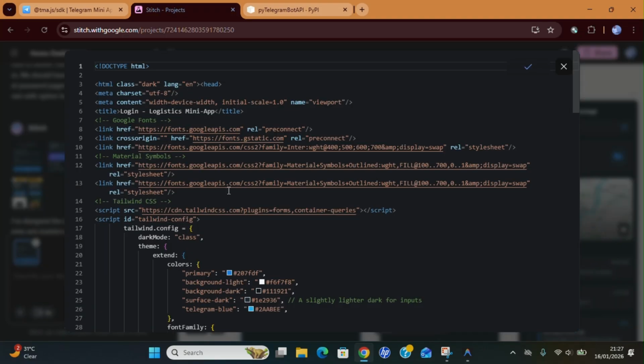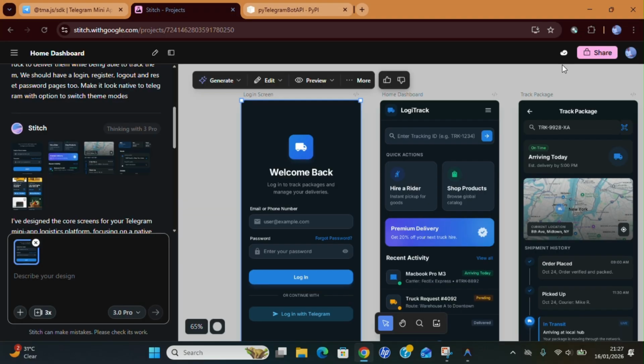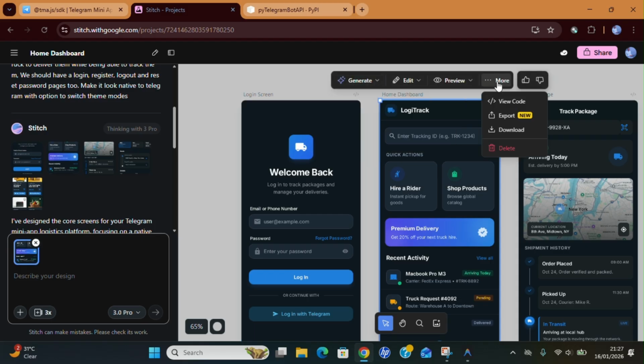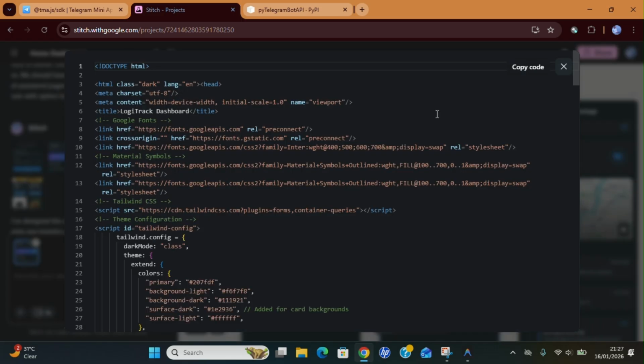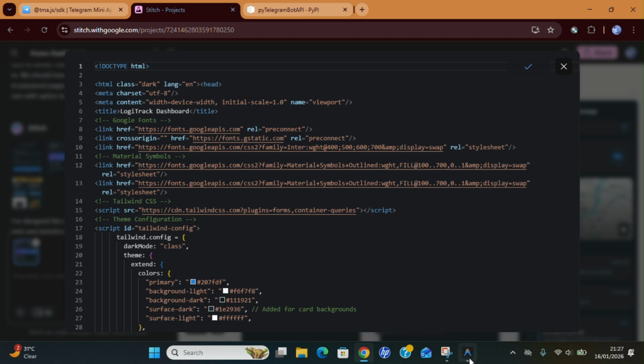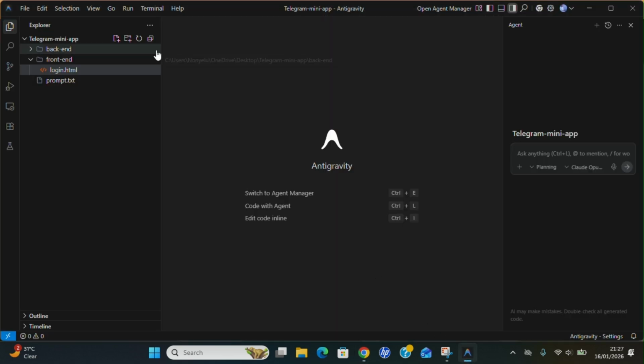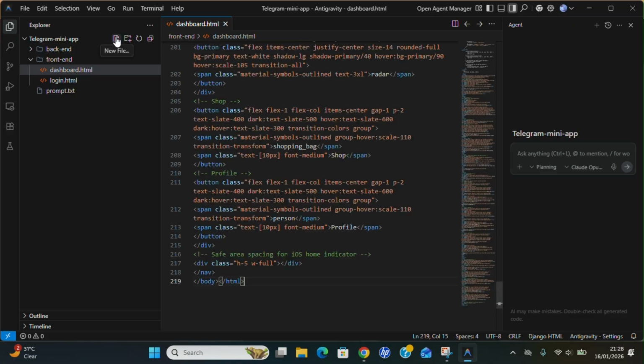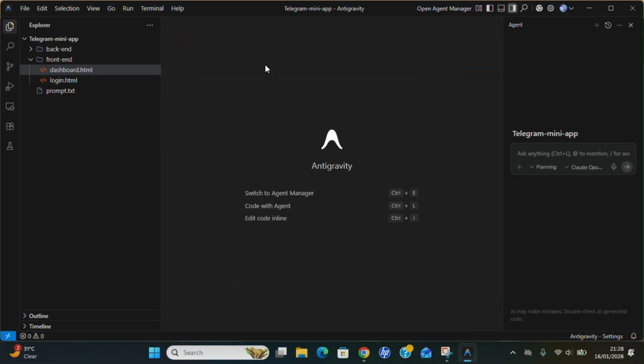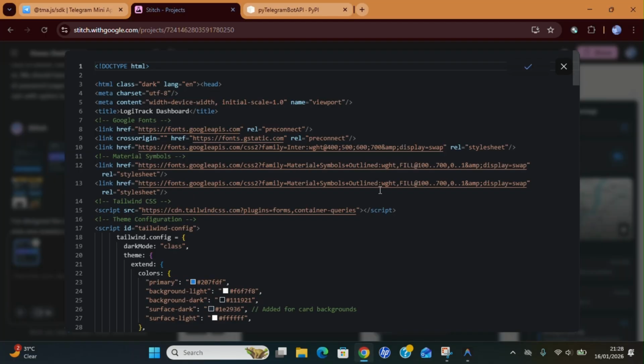Go back to the browser, close this one. Then this is the home dashboard. I'm going to click here to view code, copy, and then come back to anti-gravity, and this is dashboard.html. Paste the code, close it, go back to the browser,